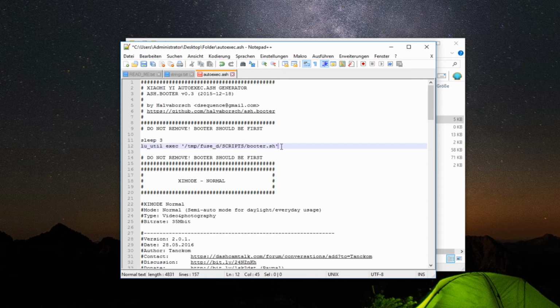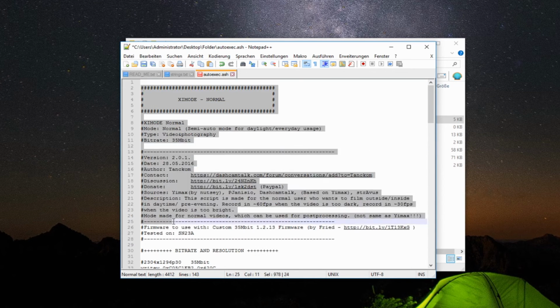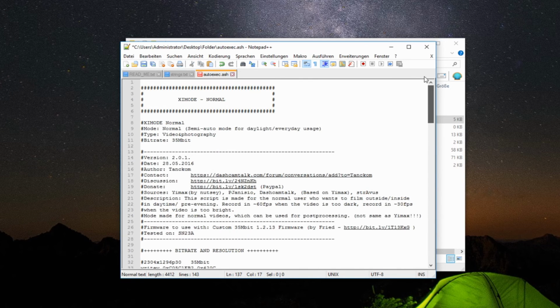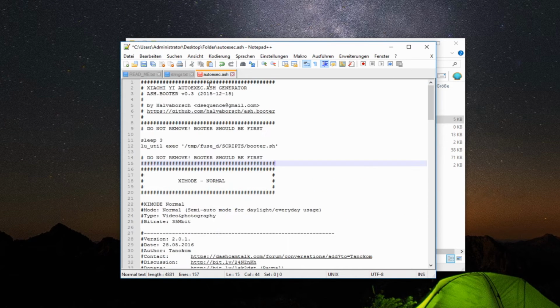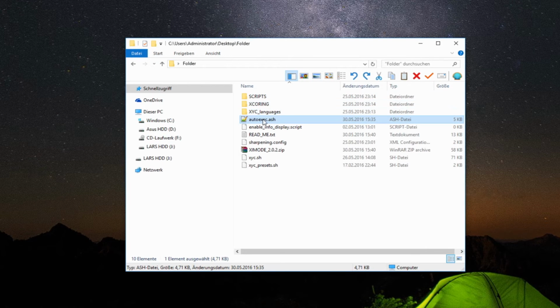If this is not available, or if this is not in the script, it will not look at the buttons and it will simply load the script that is inside here. So for example, if you remove this line, it will only load the script, and you can't use the buttons to switch between several scripts. As we now see here, this is Ximode normal, and all our scripts, also Ximode normal,